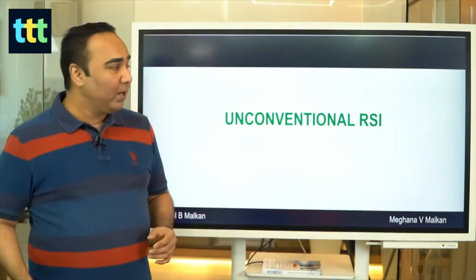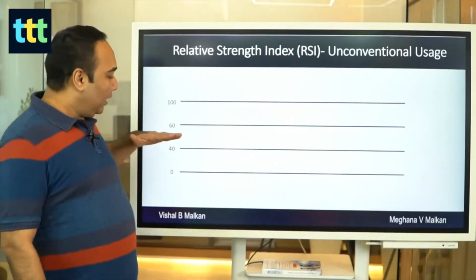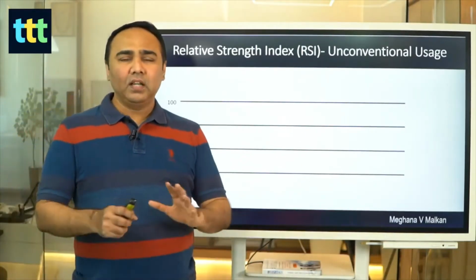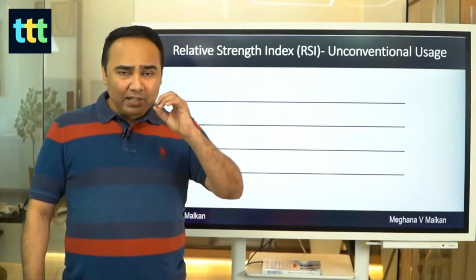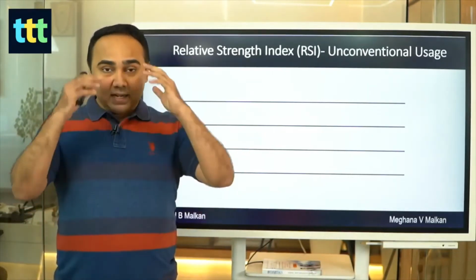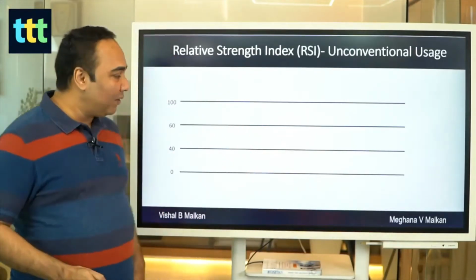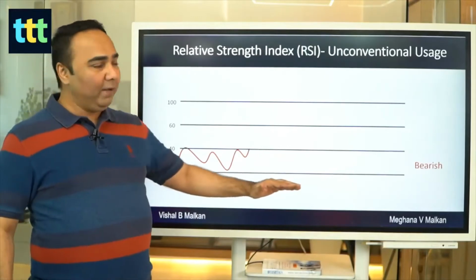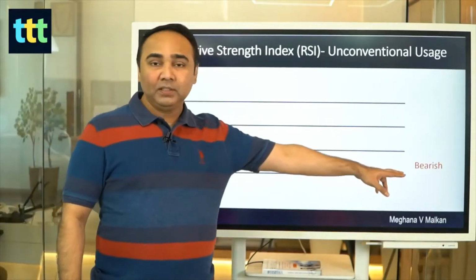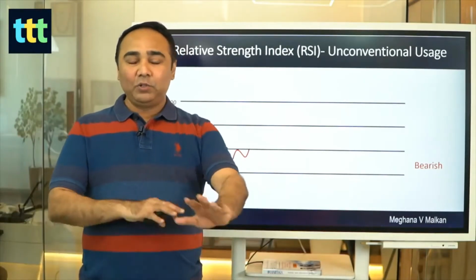It's called the range, and this range is basically divided not at 70-30 but at 40-60. Now, a very, very simple concept. You can immediately go to some charts and check out if it works or not, and you'll get an eureka moment for your trading and analysis. So let's start with this. If the RSI is below 40, it simply means bearish, means the markets are down. It's in a downtrend. No two ways about it.